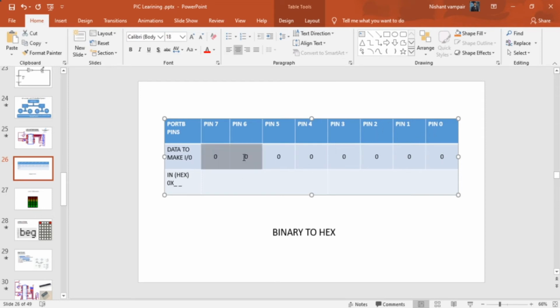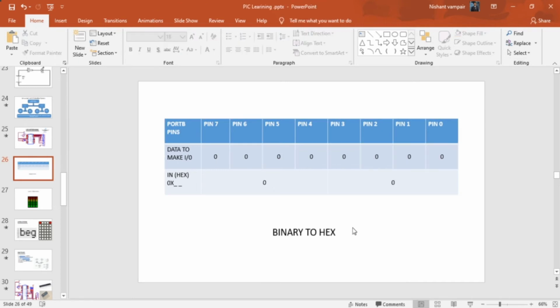To convert this binary data to hexadecimal data, we need conversion from binary to hex. To make the binary to hex conversion, we make pairs of 4 and solve this one. This one comes to 0 and this one comes to 0. If you are not familiar with how to convert binary to hex, first learn this.